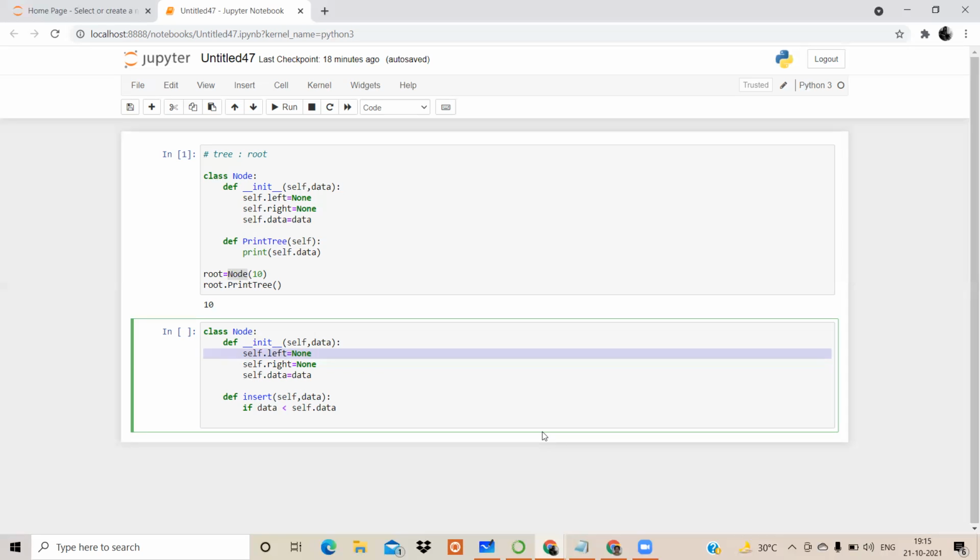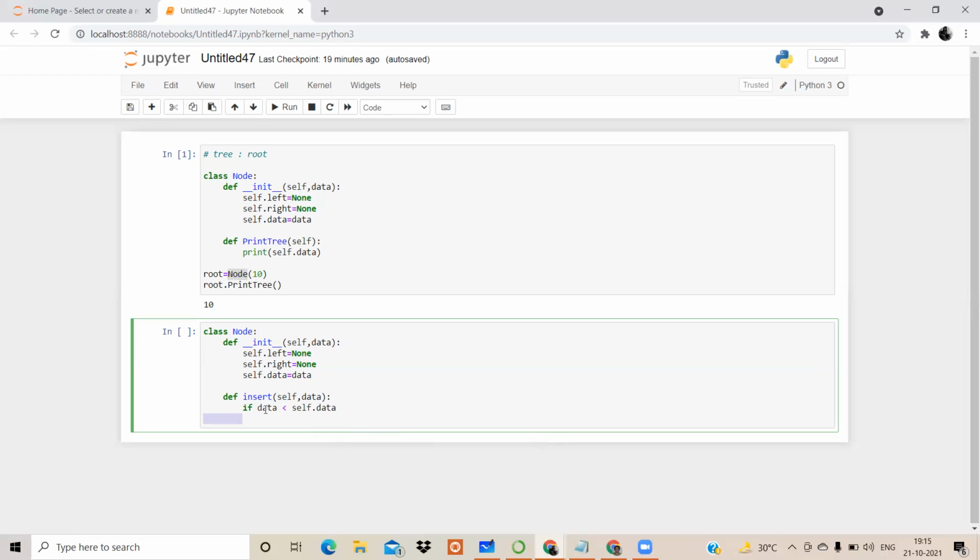But if after that another element like 4 comes, then what will happen? After 23, 8 is already there, so I have to compare 4 with this 8. Now, on the left of 23 the value is not None, the value is already existing. So that's basically what we are first trying to check: whenever we add a value, whether my left side is None, or whether it already consists of any kind of subtree towards the left or towards the right.